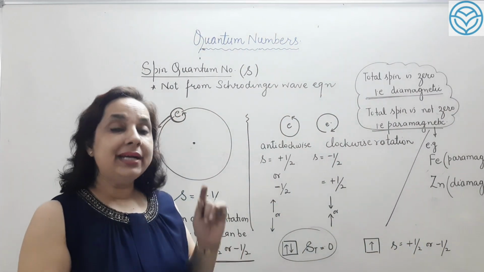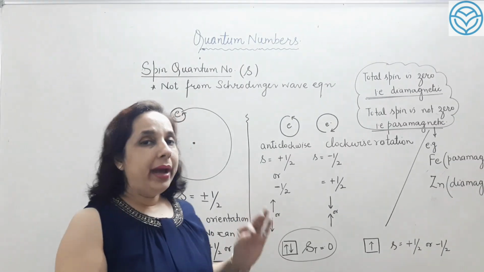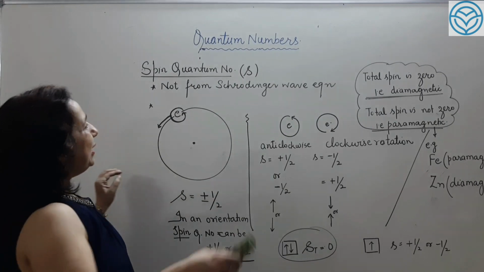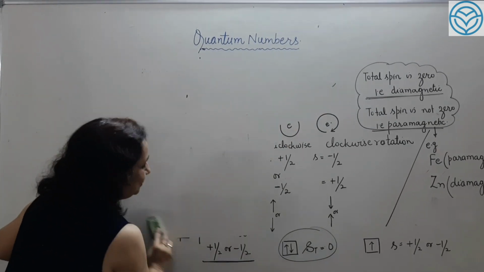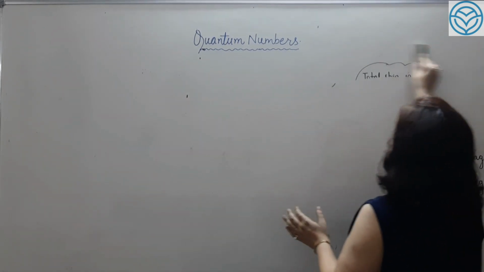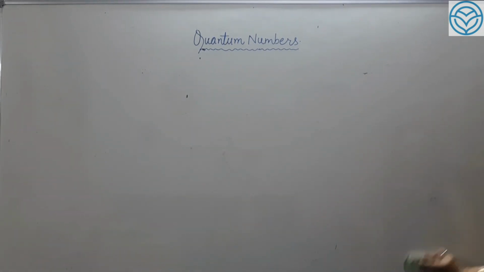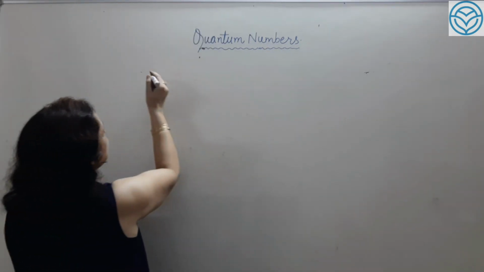Thus we can say that magnetic properties can be explained by spin quantum number, while magnetic quantum number is not going to explain magnetic properties. So these are the 4 quantum numbers. Now we can just sum up all these quantum numbers together. There are 4 quantum numbers. Those are going to tell us about electronic position.